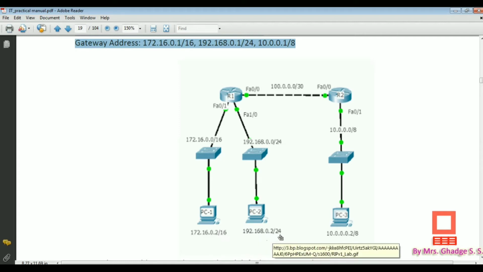Second is /24, which means 24 bits are used to identify the network and the remaining 8 bits, since 24 plus 8 is equal to 32, are used to identify the host.